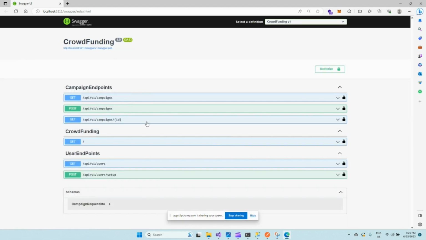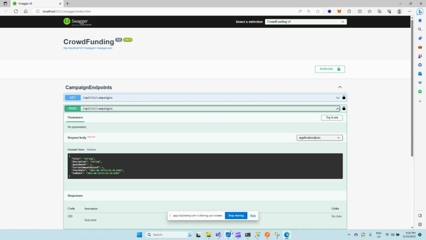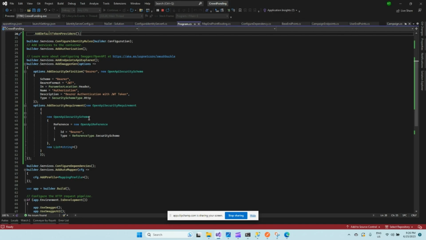Once you press that button, it will add this JWT token into the header. So whenever you, for example, click this post campaigns, let's go to our post campaign